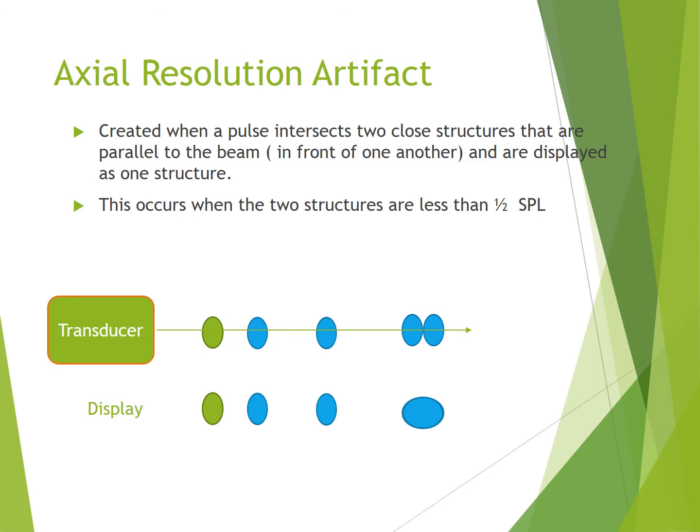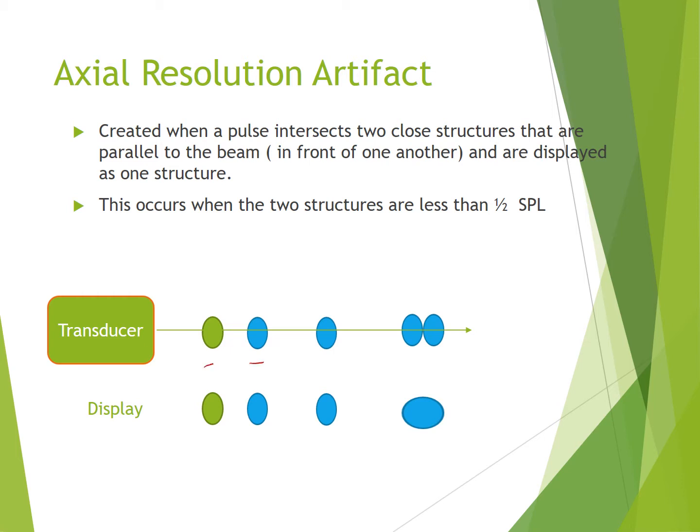You should be familiar with what axial resolution is. It's how well the machine can display objects that are in front of one another. So axial resolution artifact then is when the machine can't display those objects correctly. So it's created when a pulse intersects 2 close structures that are parallel to the beam, or in front of one another, and are displayed as one structure. This is going to happen because the 2 structures are less than half of the SPL, or the spatial pulse length, apart. So I know you've seen this diagram in previous